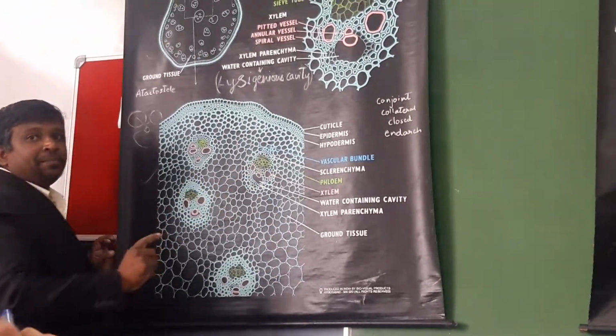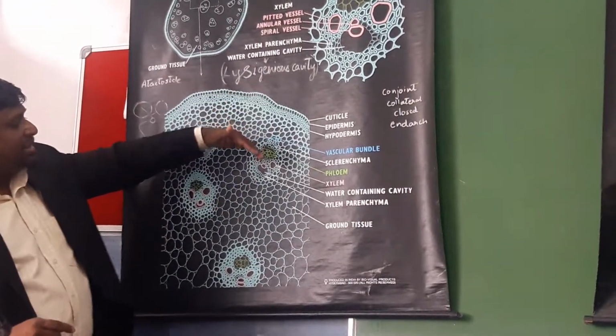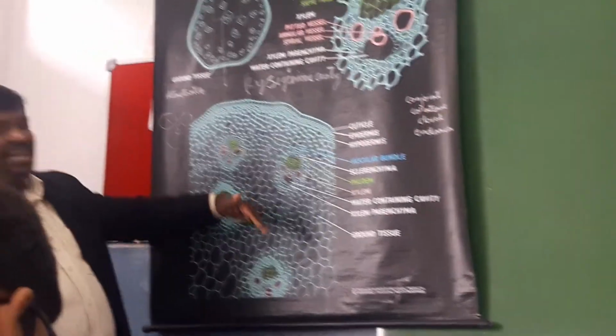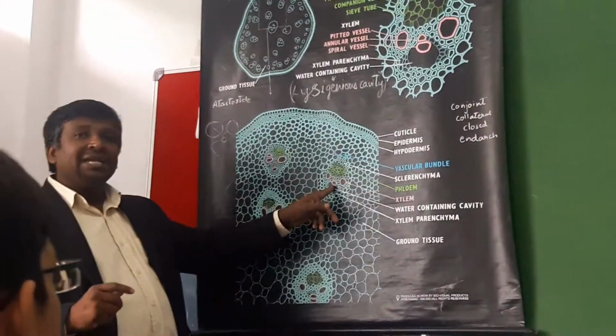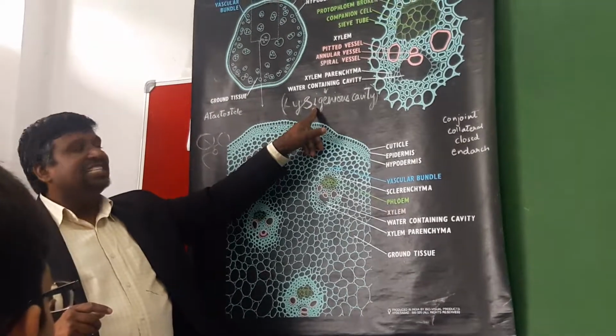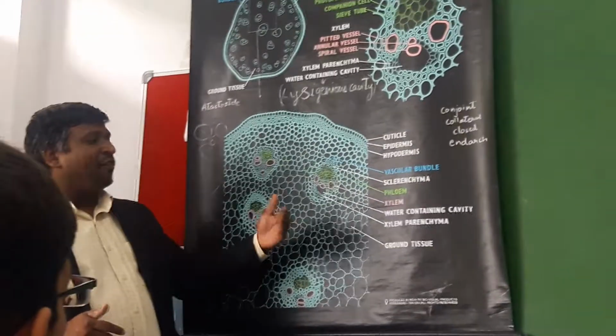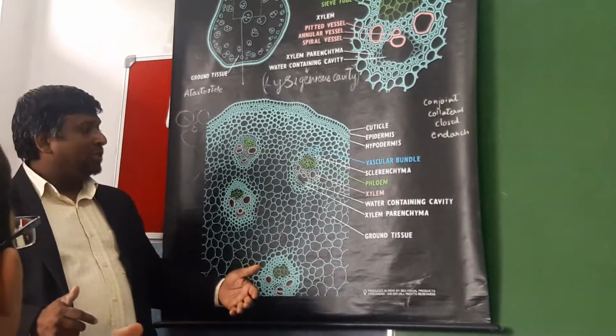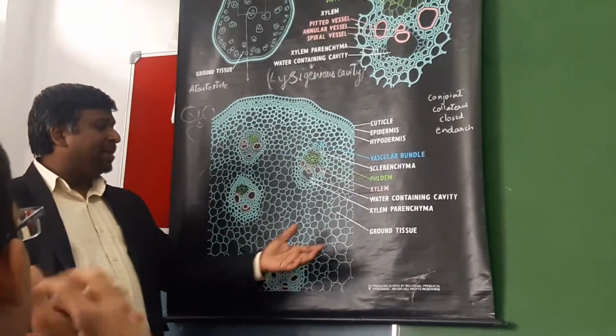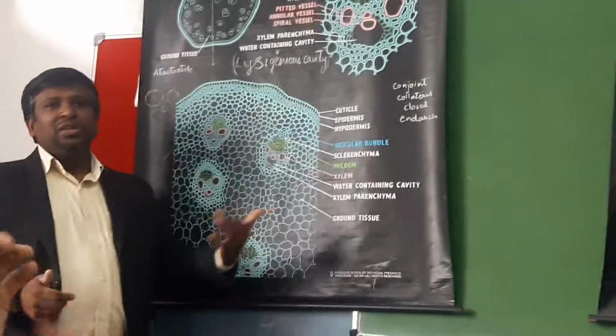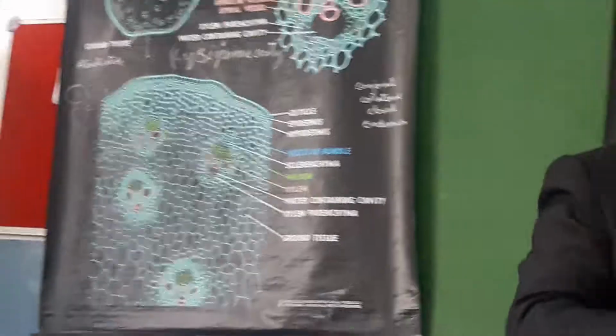Then you have xylem. Metaxylem is towards the outside, protoxylem towards the inside. Endarch condition. This water-containing cavity is nothing but a lysigenous cavity. They are formed by the crushing up of protoxylem. Then xylem parenchyma. This we call ground tissue. You know that we don't use the term cortex and endodermis,